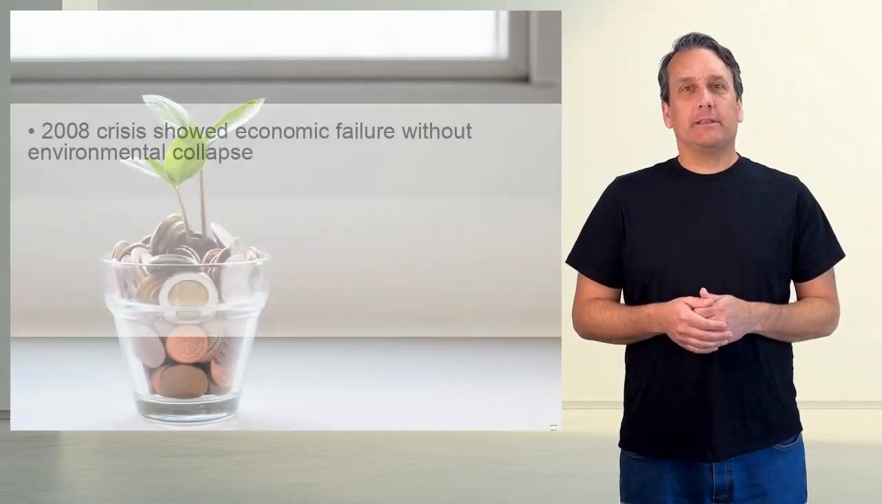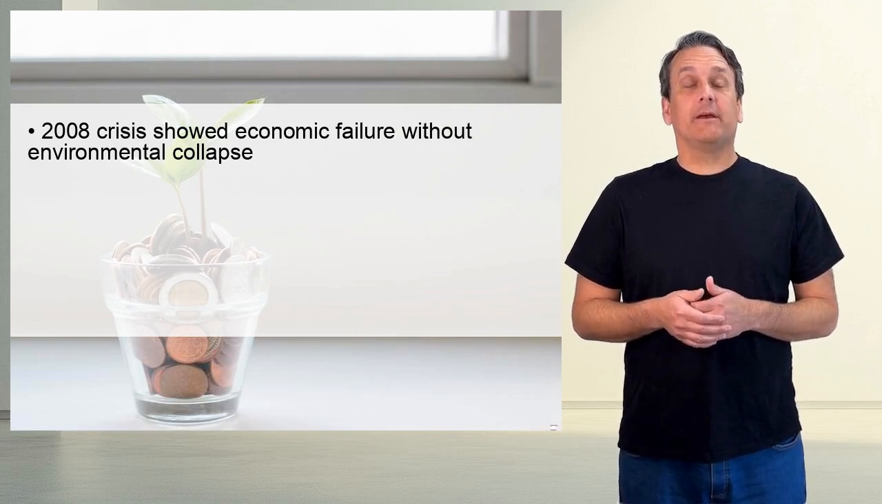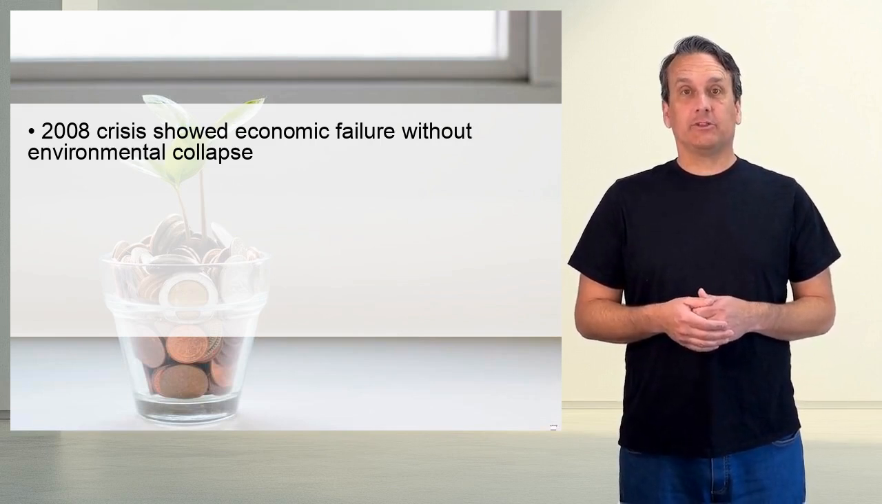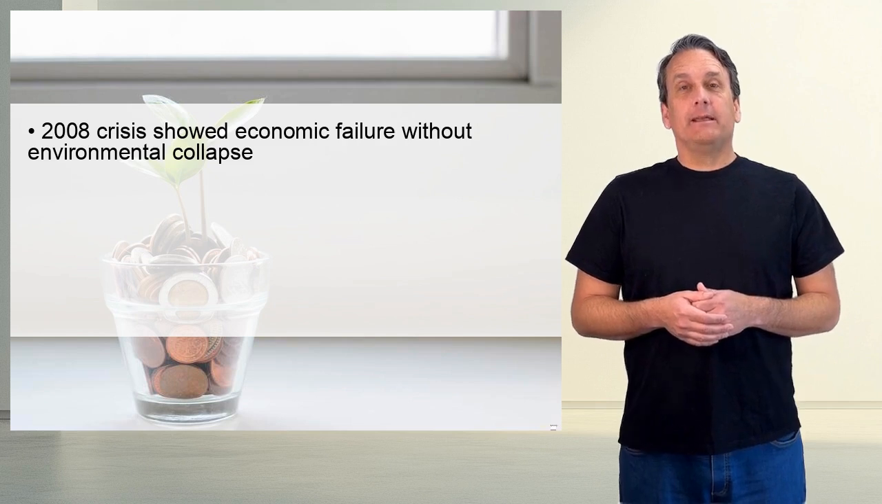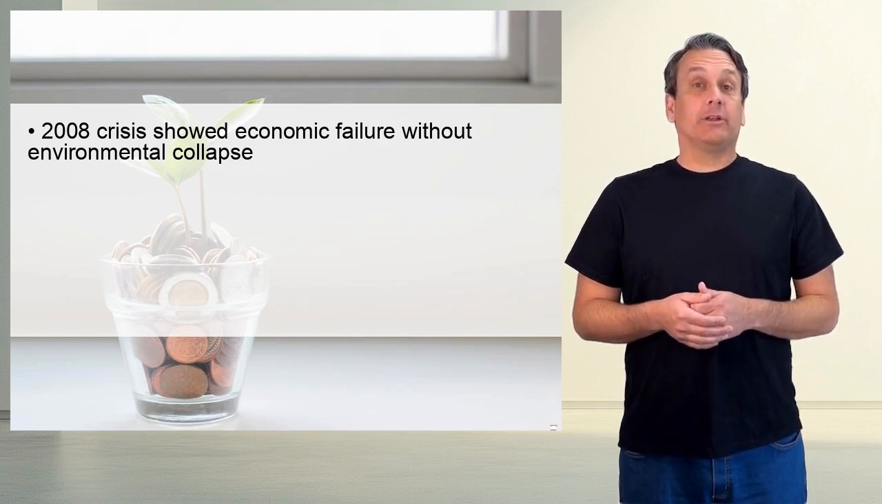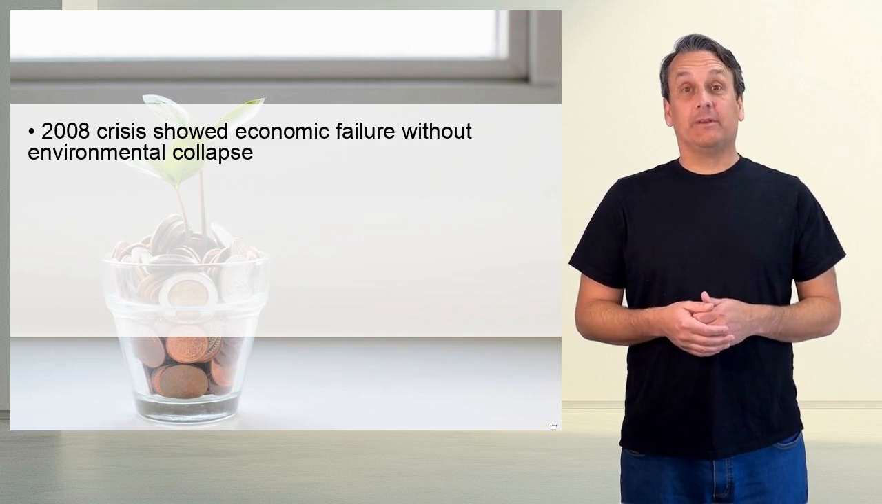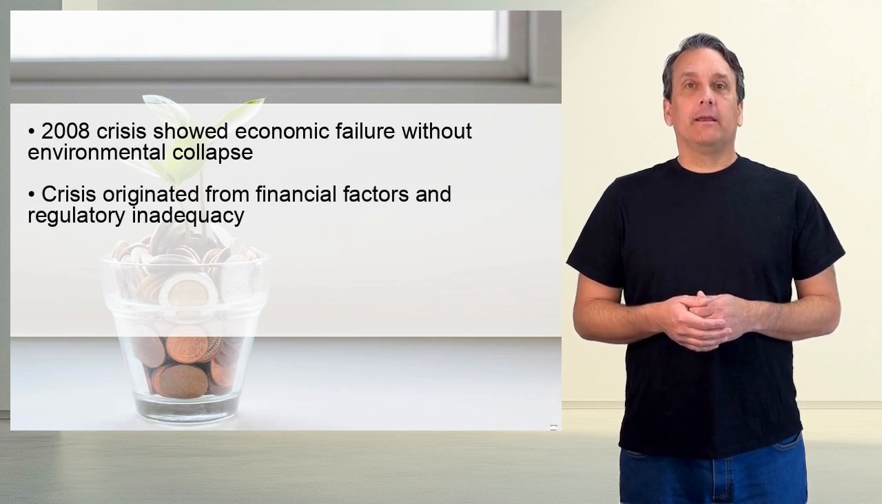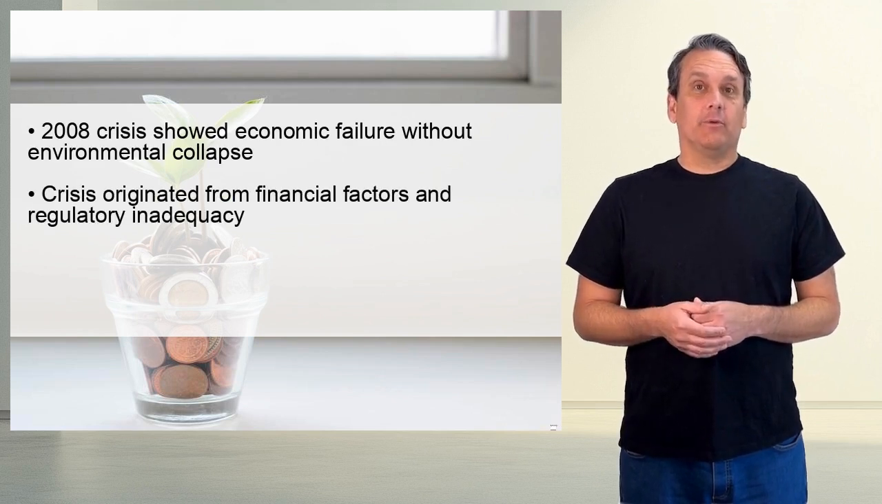The 2008 global financial crisis illustrates how economic systems can fail without triggering environmental collapse. This crisis originated from purely financial and regulatory factors: unsustainable housing debt, risky speculation in mortgage securities, and inadequate oversight of banking practices. When the housing bubble burst, it triggered economic contraction that spread globally, causing widespread unemployment, foreclosures, and